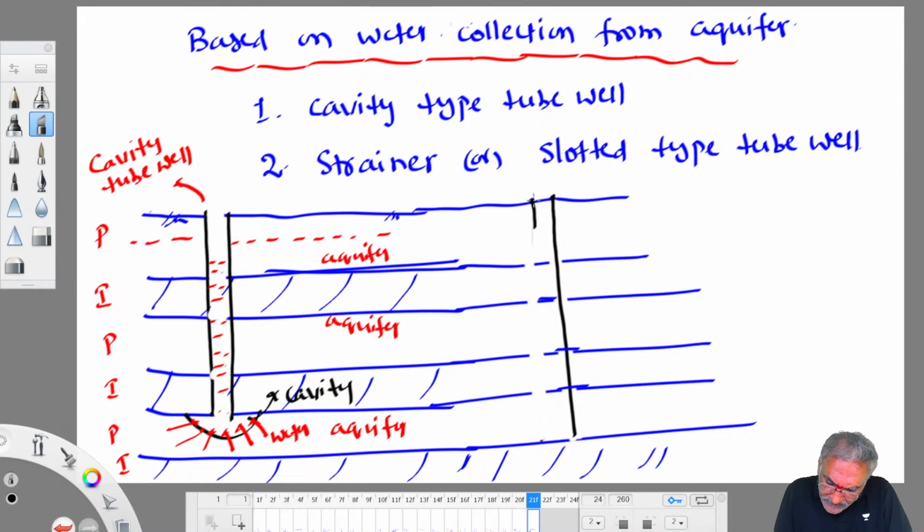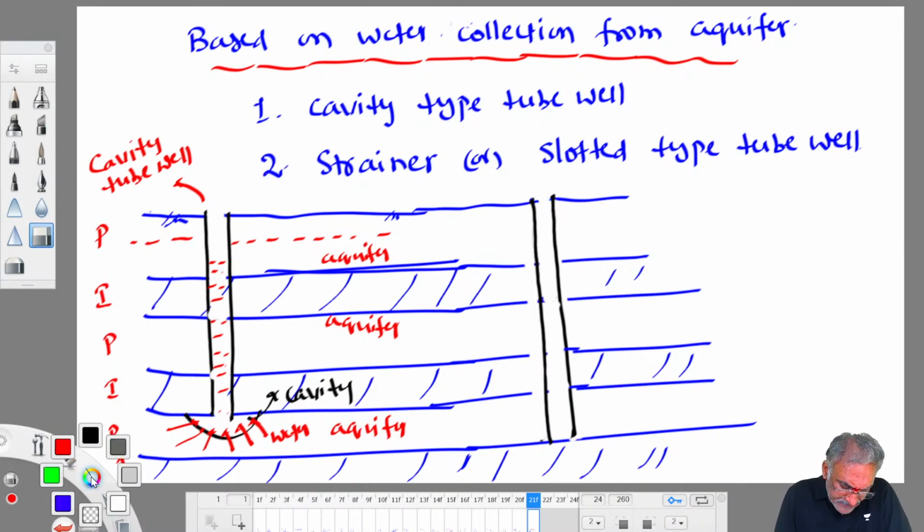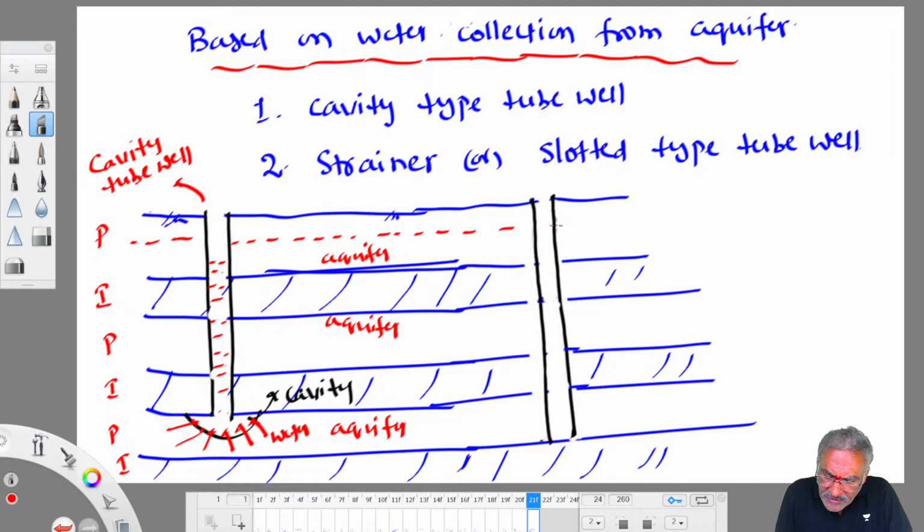This is how it appears. Just to give an idea, people often confuse these when they are asked questions, especially in the IES exam, where they ask questions related to them. This is a strainer type tube well. So this tube well always collects water from the sides. Therefore, it can tap more number of aquifers. So water will be there here, so it collects this water also. It collects water from here. This water also it collects. This water also it can collect. It always collects from the sides.